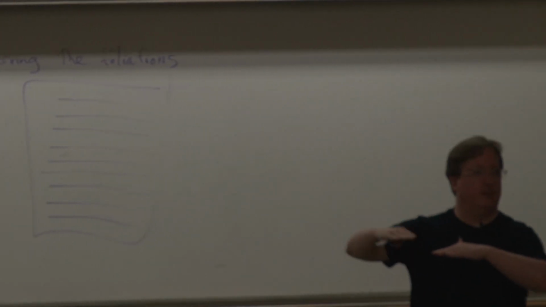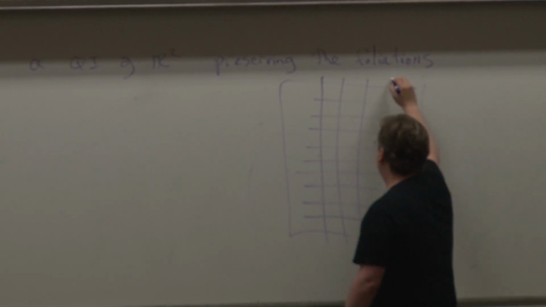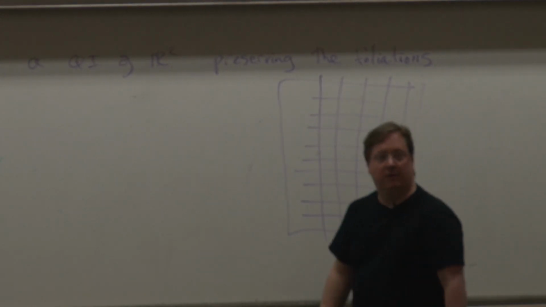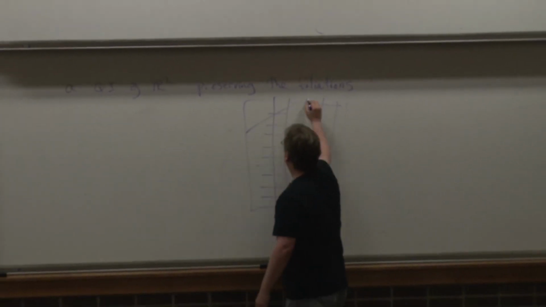You can permute them around, but you basically have to send those lines to lines. That's not too rigid. You can preserve a second set of lines. You start to get more rigidity, but you can still be a product of any two quasi-isometries of R with R in 1. You add a third